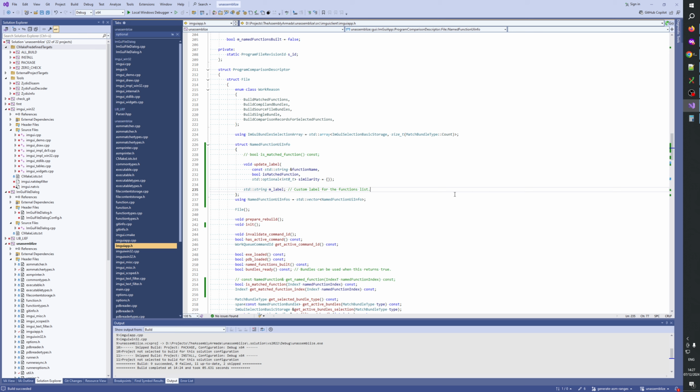Name function UI info. Well, I mean, we can also get this info from, if we check the